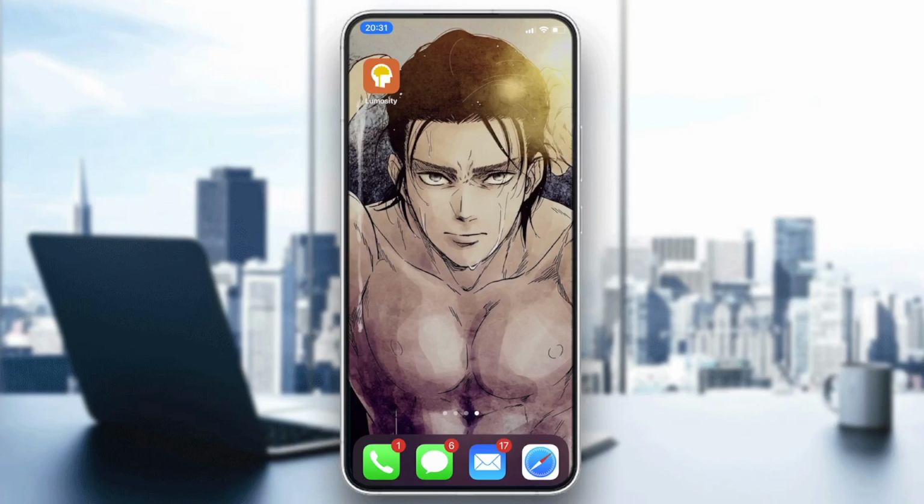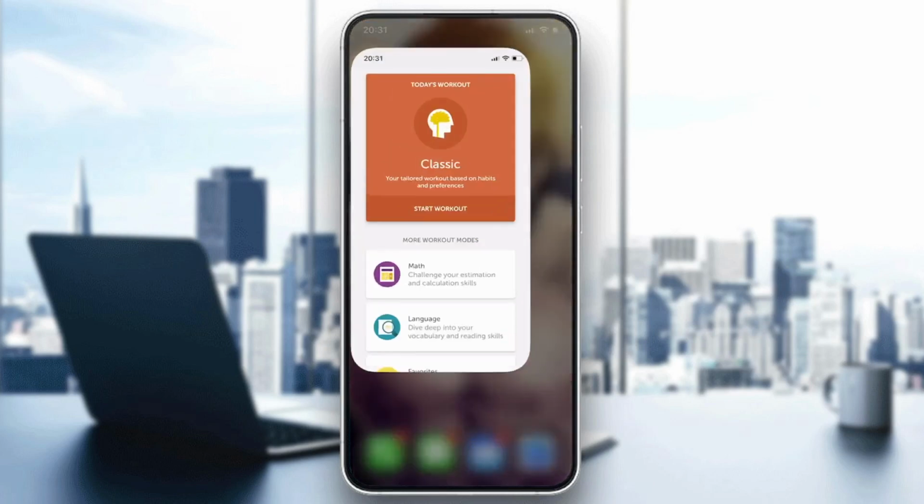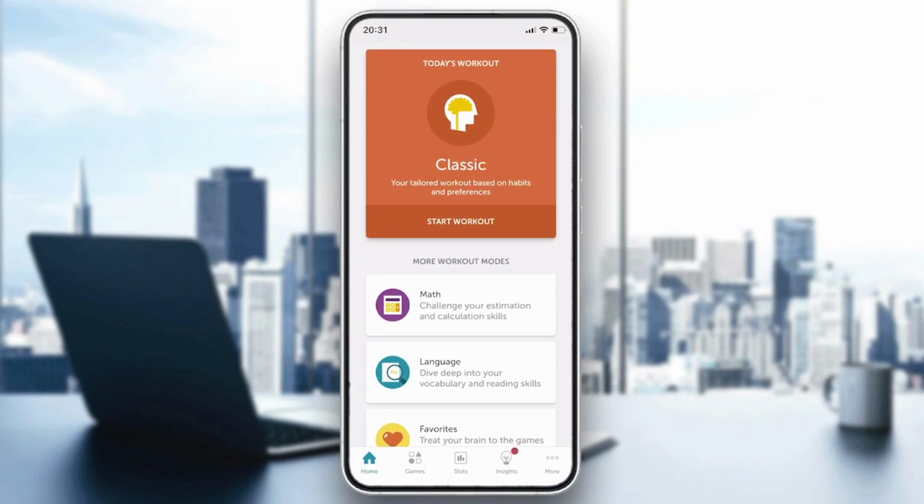Hello everybody, in today's tutorial I will show you how to delete your Lumosity account. First of all, after you install Lumosity or if you have it already, you just click on the Lumosity account